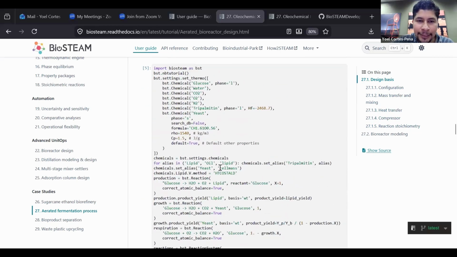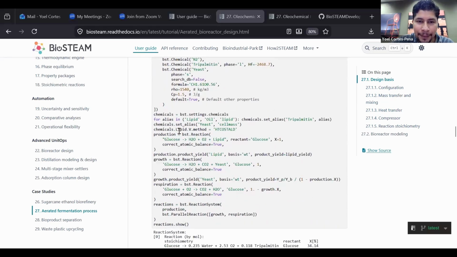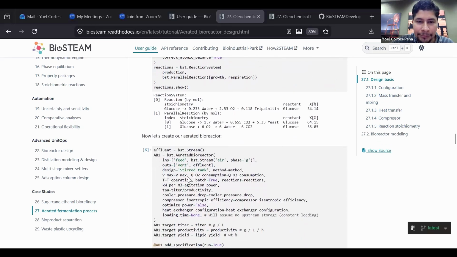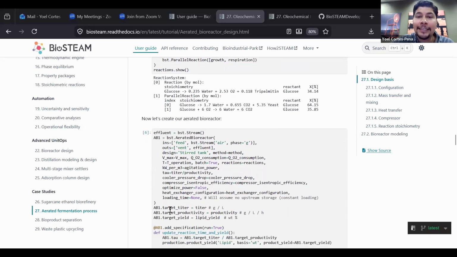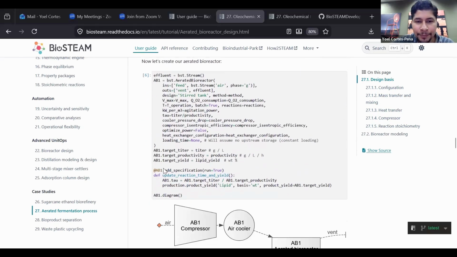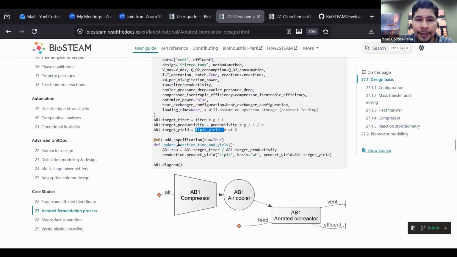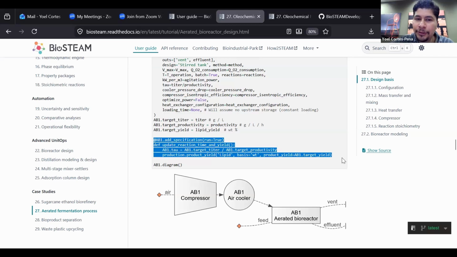And in this code over here, we specify our chemicals that we're using, all the reactions. Then we create our aerated bioreactor, just like we did in our previous tutorial. And here we're setting additional parameters like the titer, productivity, and the lipid yield. And this is just a place that we can add the data, and then that data becomes useful for solving